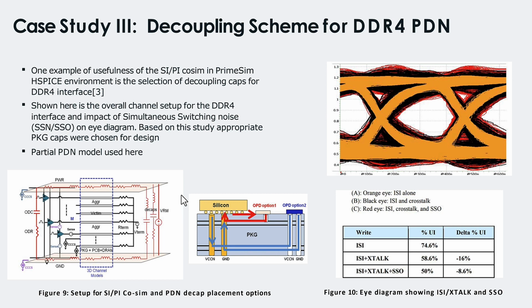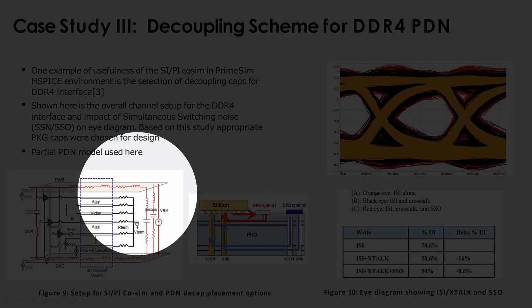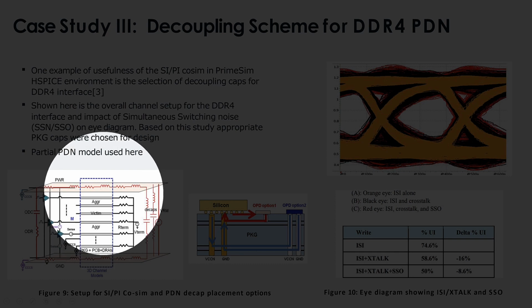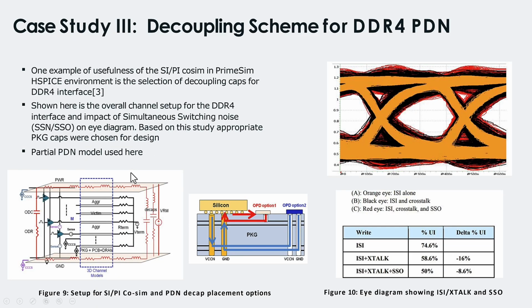And that's the power of the co-simulation approach, where like what Ashkan said, you have to model the channel in a reasonably accurate manner. You have to pick the exact number of aggressors. And in this specific case, what we did was, in the PDN, unlike the previous examples, we had a study of